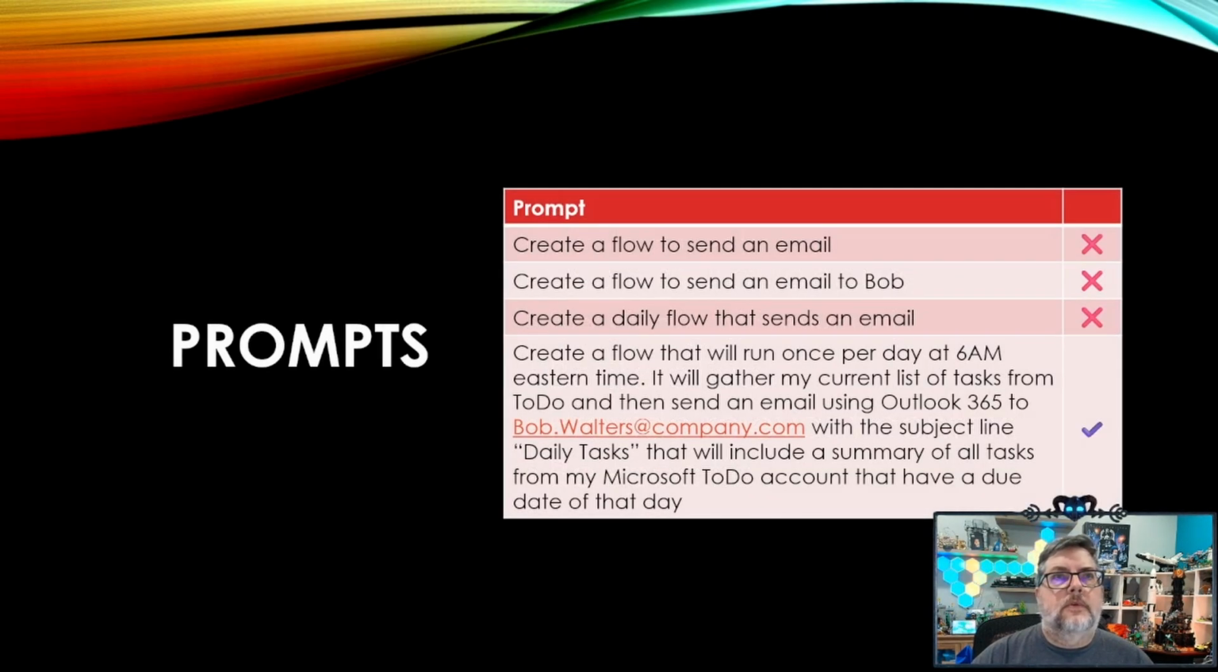Again, here's some examples. Create a flow to send an email. Create a flow to send an email to Bob. Well, Copilot doesn't know who Bob is. Create a daily flow that sends an email. Well, that's not very effective either. But if you do something